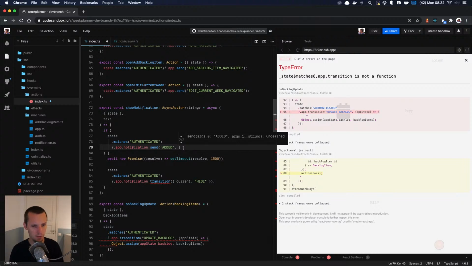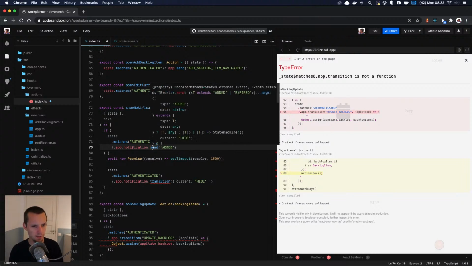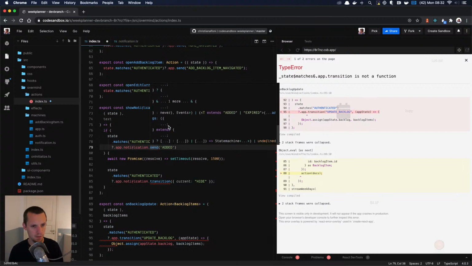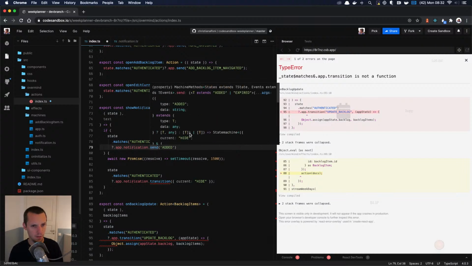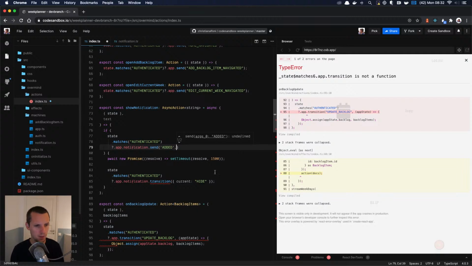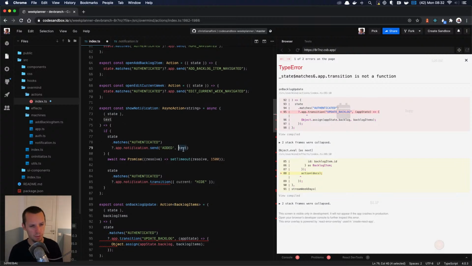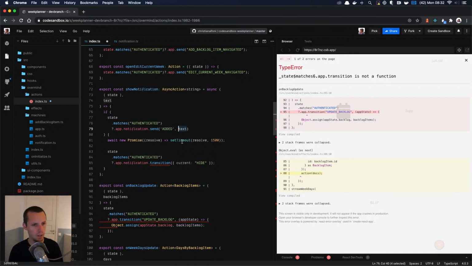Yeah, rx1 string. Why isn't it complaining? I have to check that. Text. Because if I pass in a number here, it will complain. But it made the second argument optional for some reason. That's weird. Anyways,